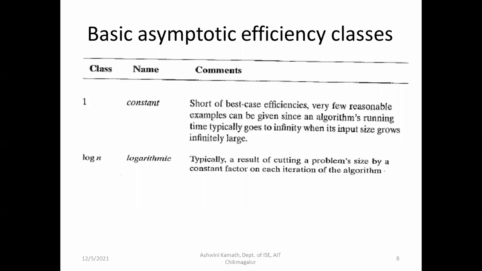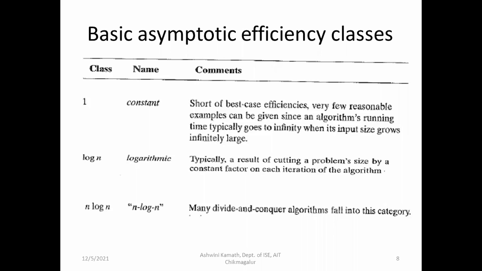If it is log n to the base 3, then every time the result is getting divided by 3, n divided by 3 every time. If it is 10, then it will be n divided by 10 in each iteration. So that is how it will be reducing. You can notice here it will be cutting the problem size by a constant factor. That constant factor will be the base of that logarithm, on each iteration of the algorithm. Then we can say that it is logarithmic.